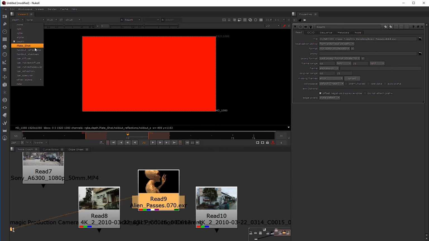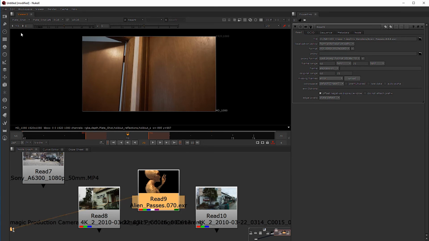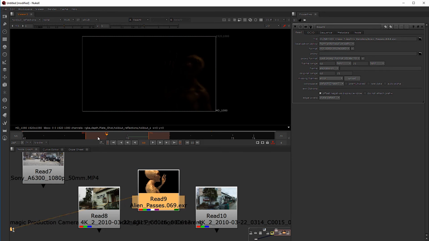And then over here we have the plate shot. These are different channels. You've got to think of this like a cable TV network. Like if you have Comcast and you have many different channels. As you're watching cable, you know that there are other shows playing at the same time on other channels. Well, that's kind of the concept here. This is your Comcast, and over here are your different passes. So you can see at the same time,